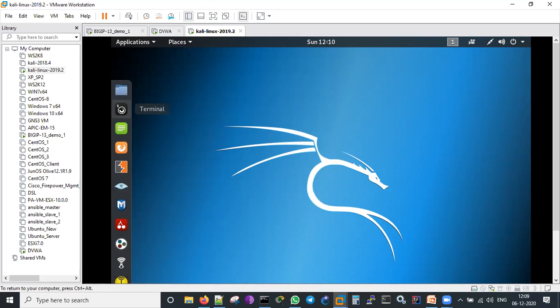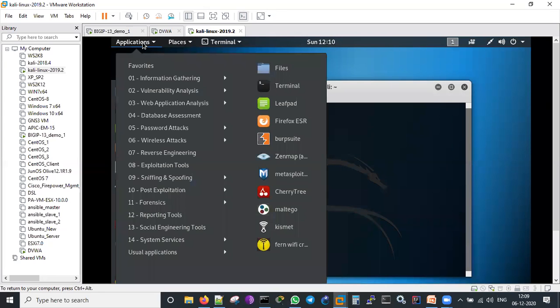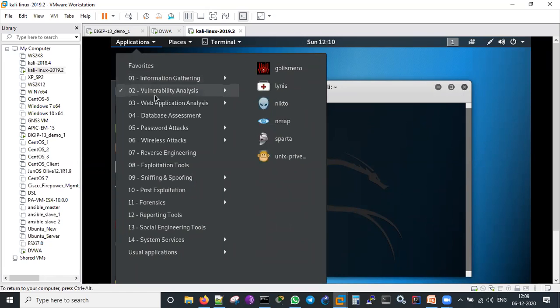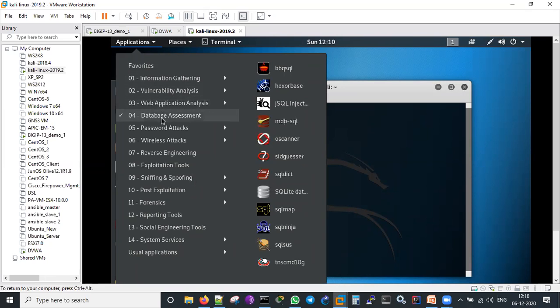So I'll just start this terminal. It's a normal Linux only, but there are many attack signatures and attacking tools which are inbuilt in Kali Linux. I'll be showing you information gathering, vulnerability analysis, web application analysis. I guess everyone can see my screen. I guess so. Am I correct? Yes, sir, I can see. Thank you, thank you. Because I started some other screen, maybe it was blocked out.